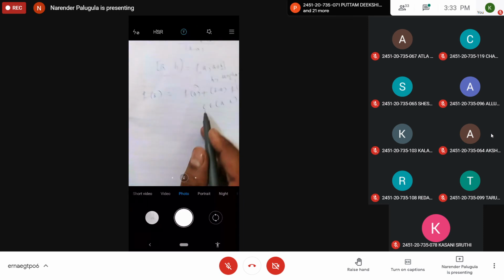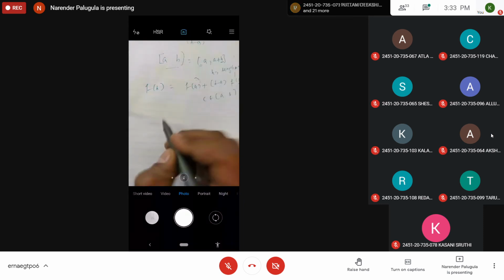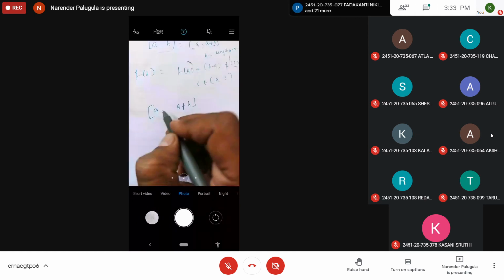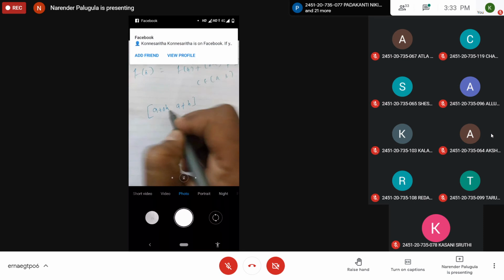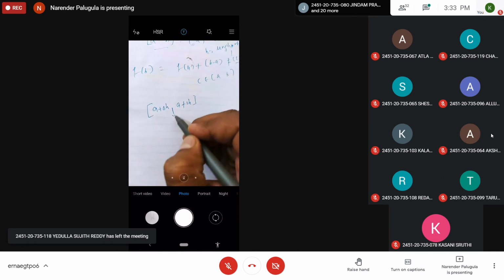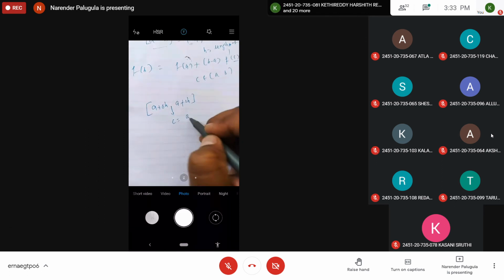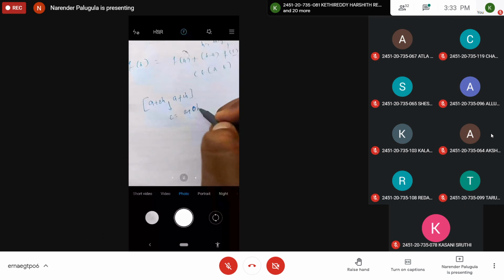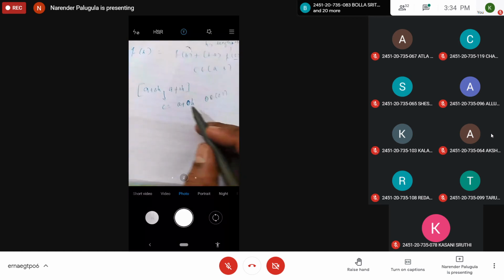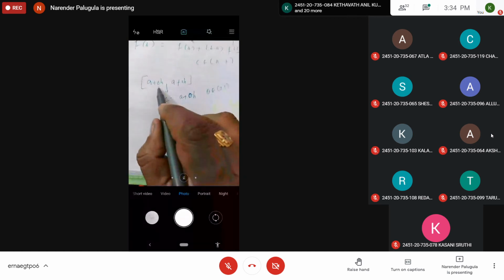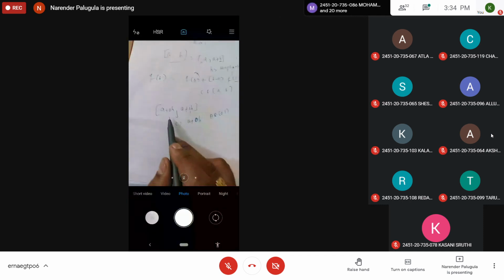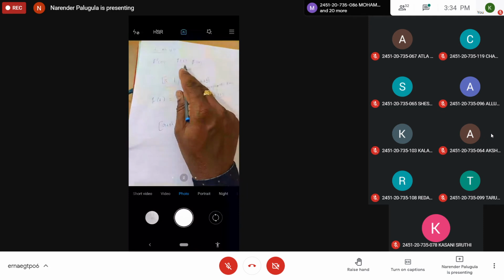Now what will be c? Defining the interval again, a plus h. What else can we write? We can write a plus 0 into h, a plus 1 into h. So what will be the form of c? c will be a plus theta into h. What is this theta? Theta belongs to the interval (0, 1), so this theta value lies between 0 and 1. We can write c like this. Now I am going to write the alternate form of Lagrange's mean value theorem here.